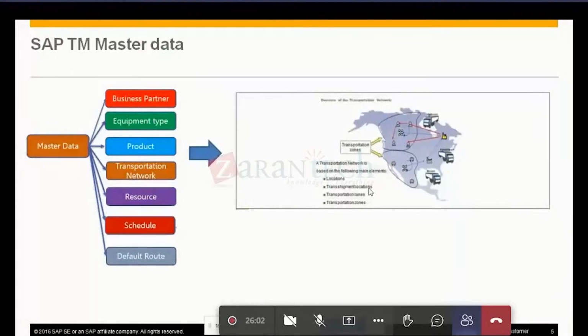No one knows what is the location. Not only from a TM perspective, but no one has heard about what a location is. A plant, normally they call plants locations in general. Yes, it can be a plant, it can be a warehouse, it can be a port, it can be